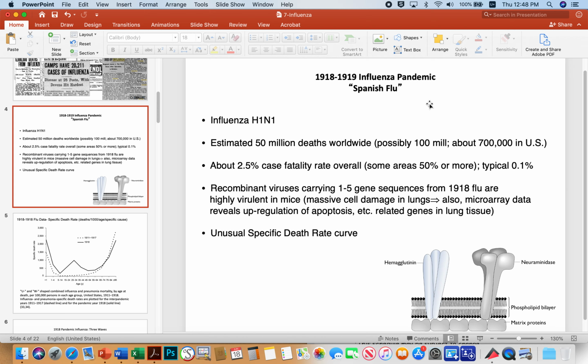700,000 US deaths, about a 2.5% CFR, case fatality rate, overall. So again, CFR is a reference to how many people died as the numerator over the total number of infected. So you can imagine that's a next to impossible number to really pin down, especially if you don't have expansive testing going on, and that's one of the problems we're having right now with SARS-CoV-2: trying to come up with a CFR for that without really knowing the extent of the denominator. So typical seasonal flus have a CFR of about 0.1. And so the virus